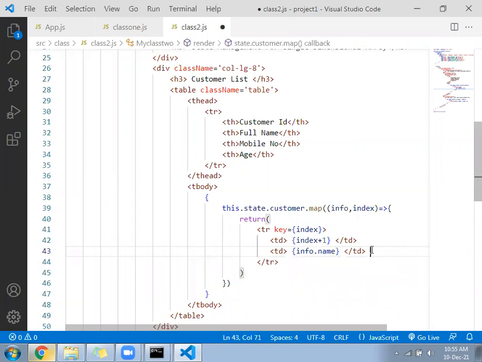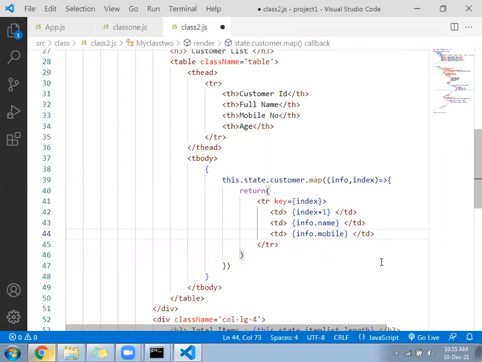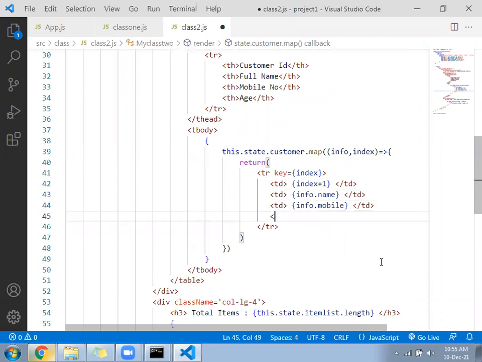The next td will be info.mobile. The next td will be info.age. Save the file.